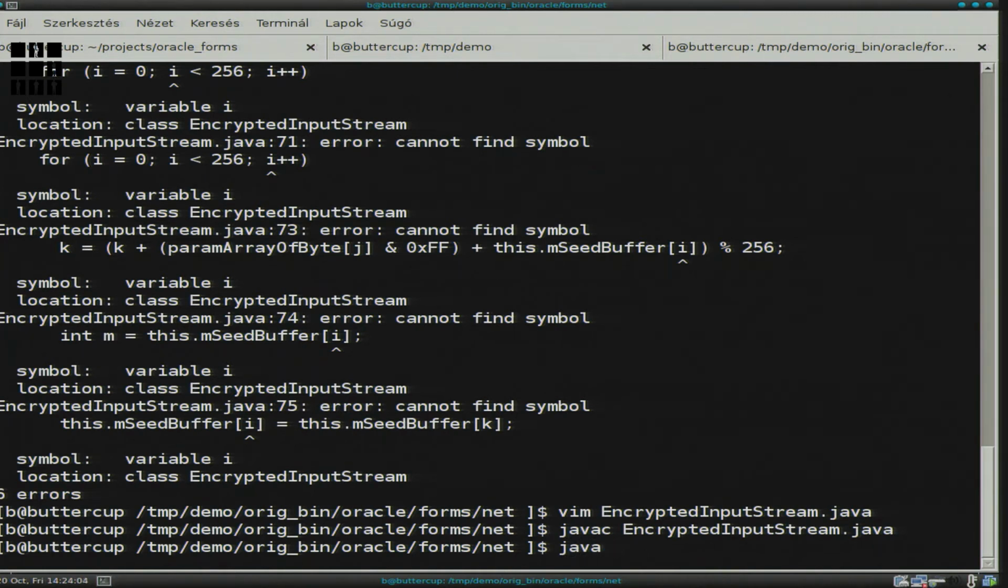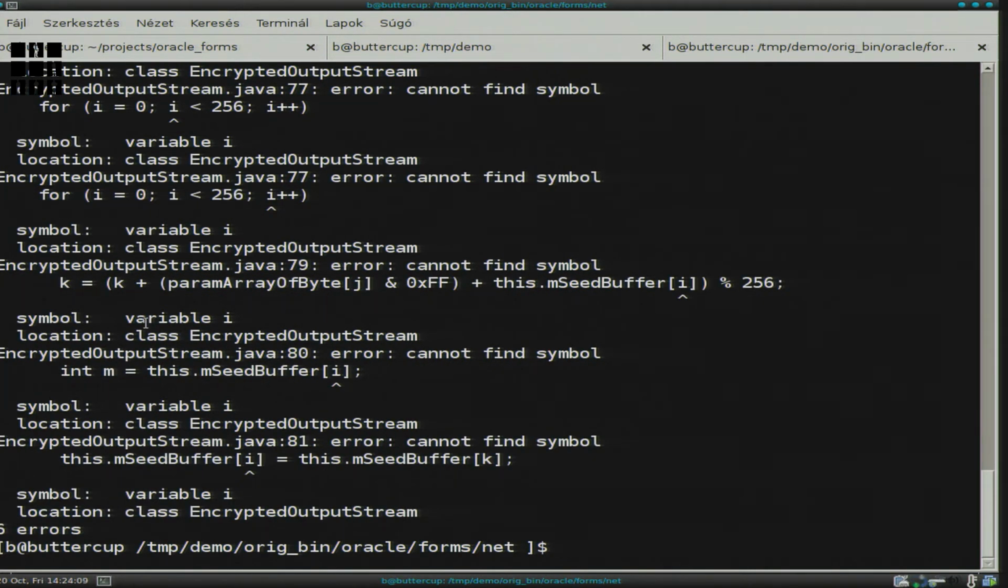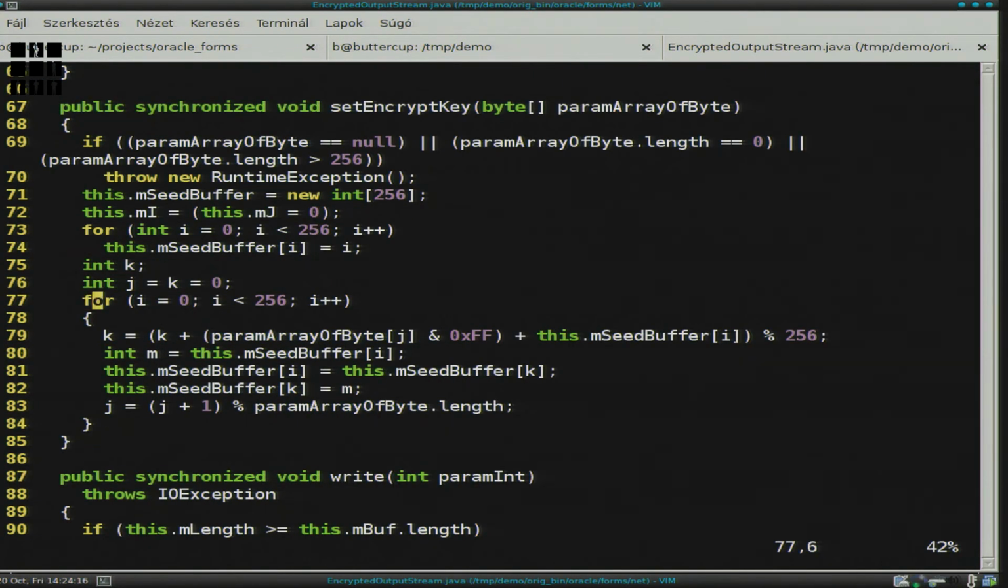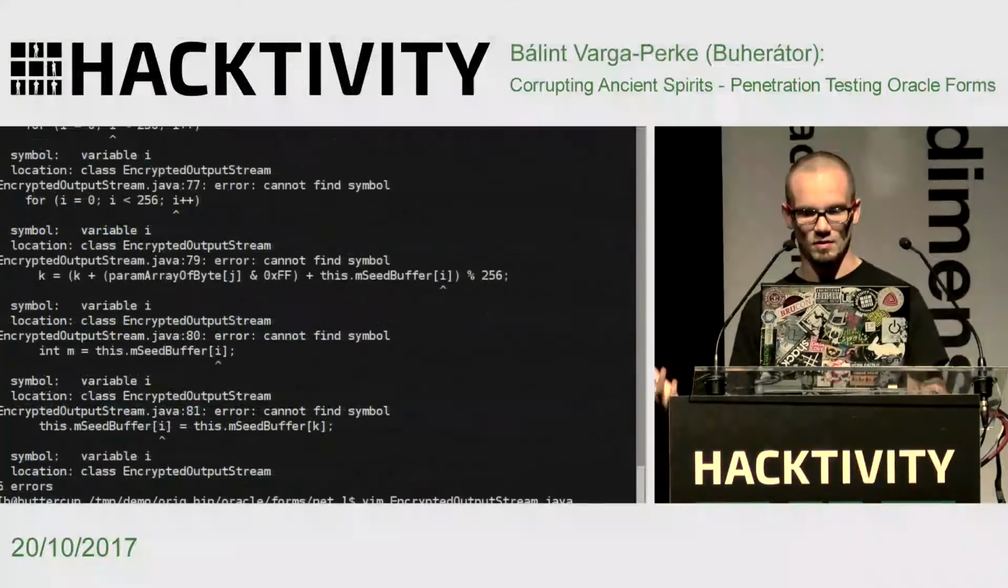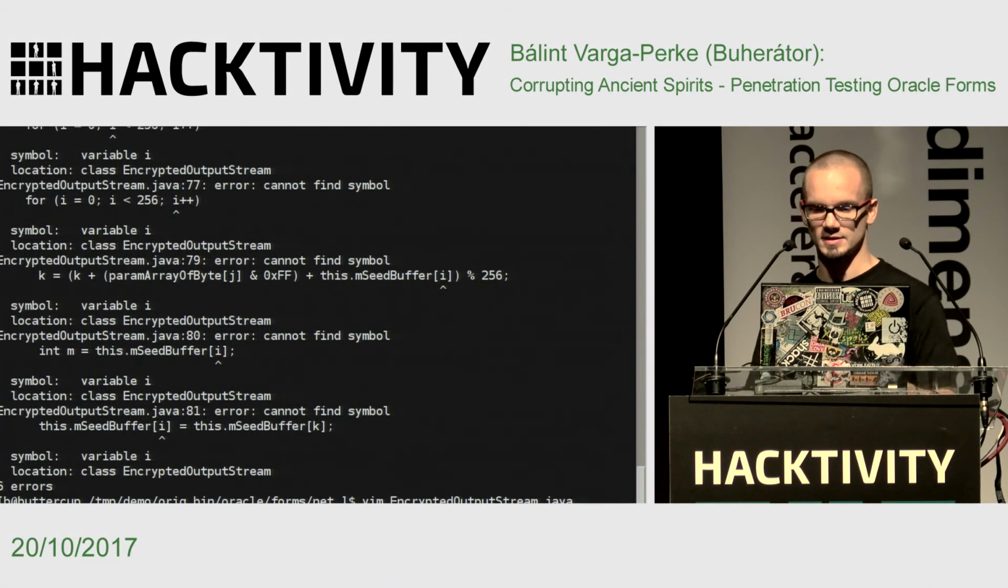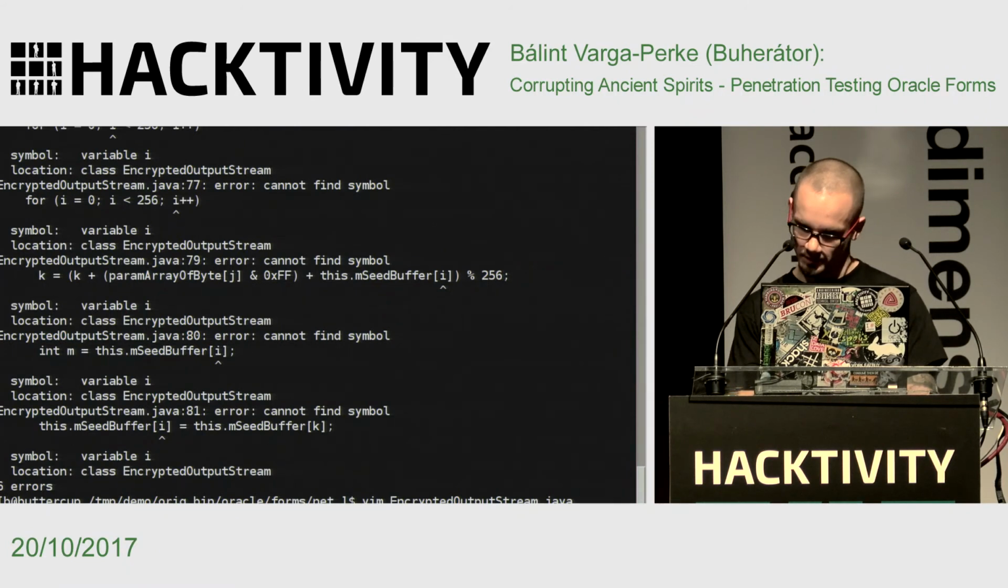And if I try to compile the output stream, it will fail again, but that's not so much of a problem because I can patch that also. Line 77, the same keyword is missing here. And now I have two classes which will do the stream encoding for me, but will not do the encryption, and that's the point. So what we can do now is